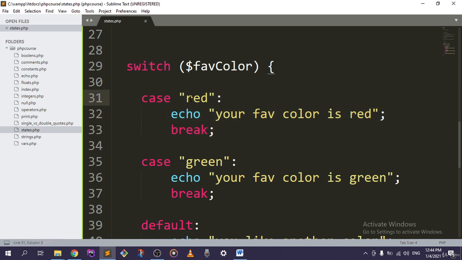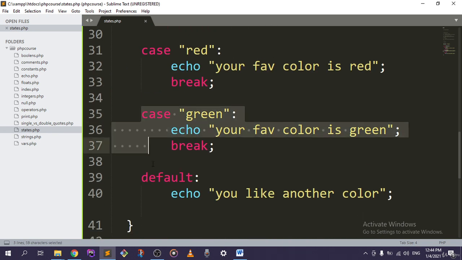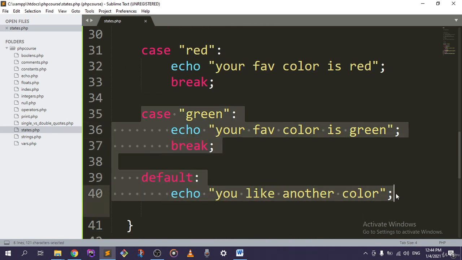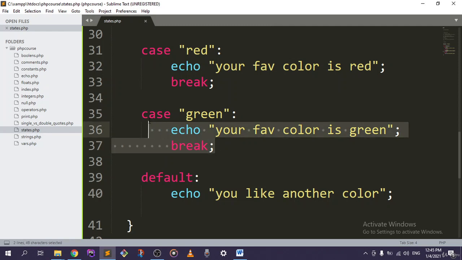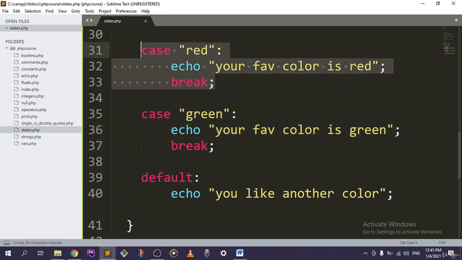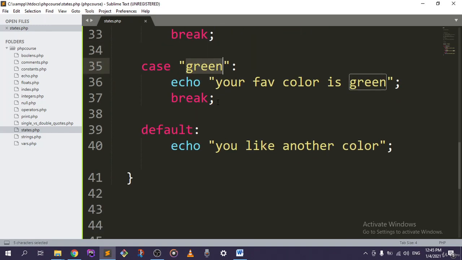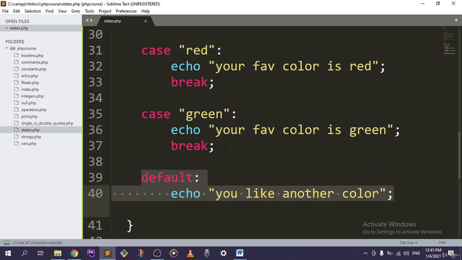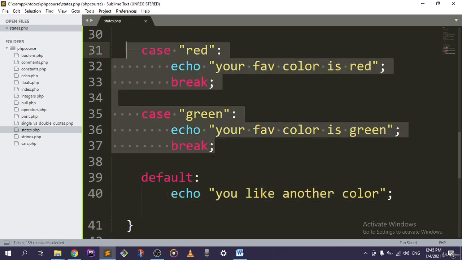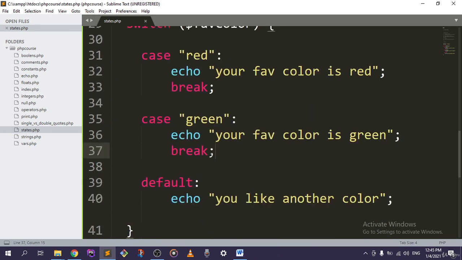So if this is the right answer, or this condition right there is true, it will break the whole thing, and it will not check those two, and case green. And this block right here is basically like the one above, but with the green value, and this right here will be triggered, the default one, if those two are false. Okay, so a simple